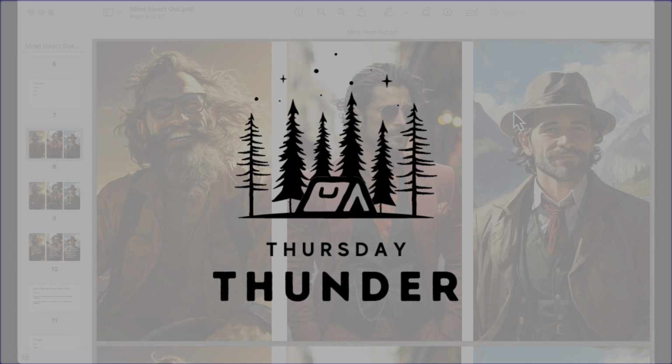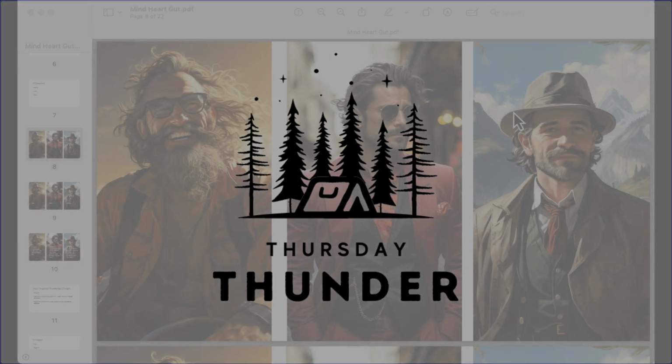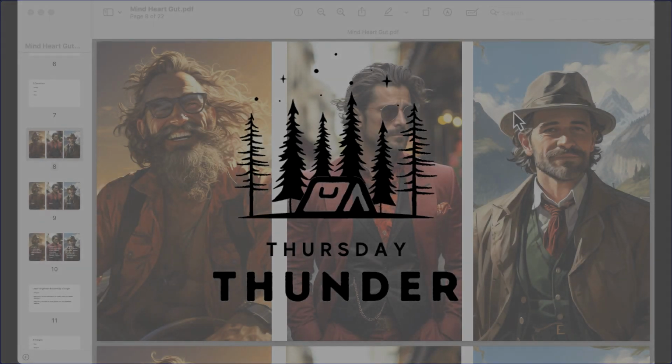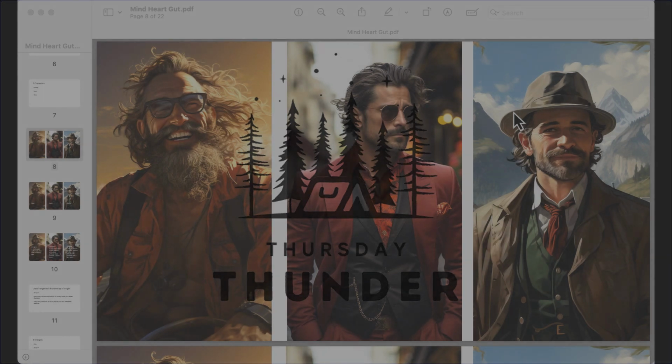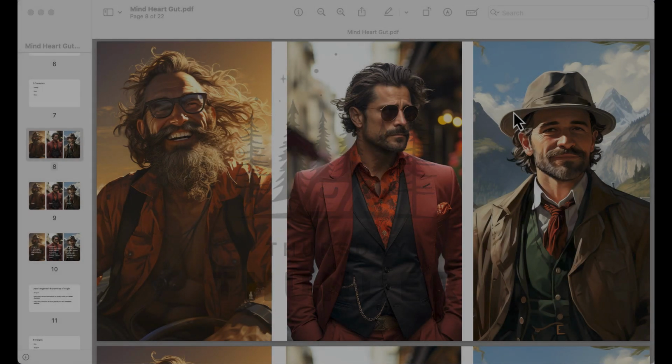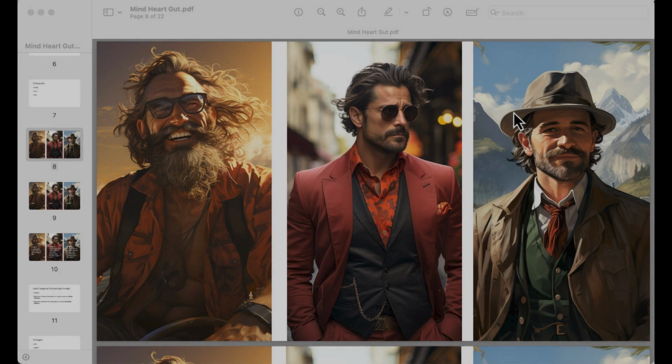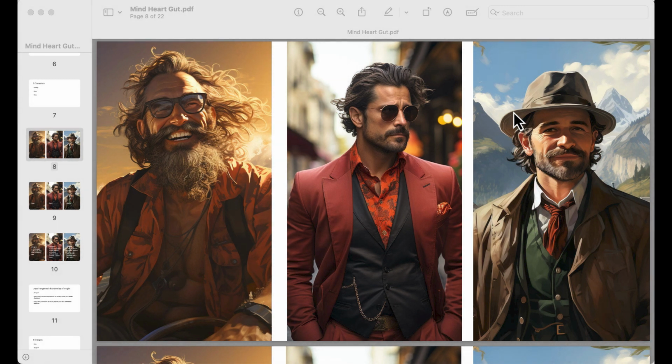So, see these three guys? This was sort of the highlight of my main presentation in Dublin, Ireland, last Sunday. Then I went to Spain, and now I'm home and I've gotten some questions about how I made these guys. How did I create these characters, and how did I do them using AI, using Midjourney? So I'm going to show you.